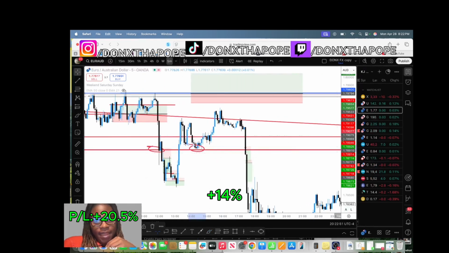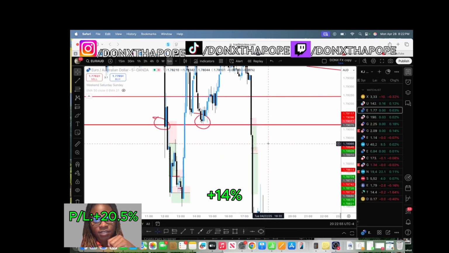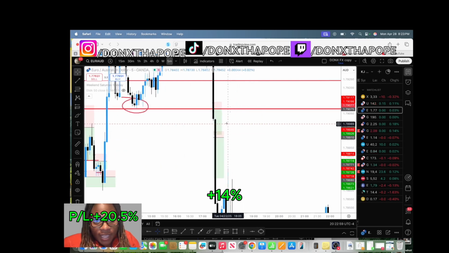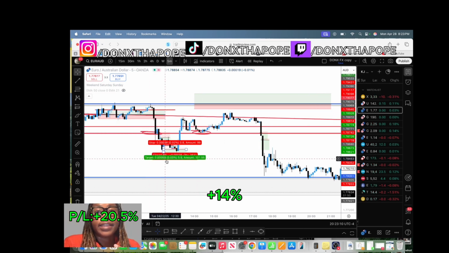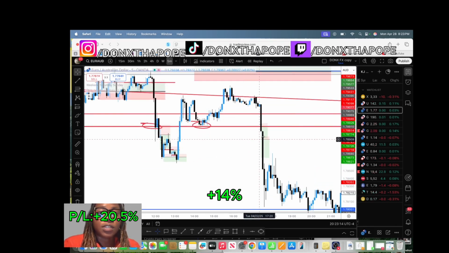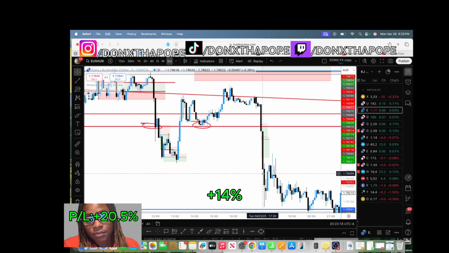Boom. So when it came back, see how I didn't sell right here because it didn't touch my line. But as soon as it touched my line, look, it started dumping. Can't even get in a second. But that's 3.5. That's a 6.5. That's one good thing about this. I had to get in each trade, and each trade got me 4.5. But when it starts really moving, I got to really capitalize on it. This is 1 5-minute candle.